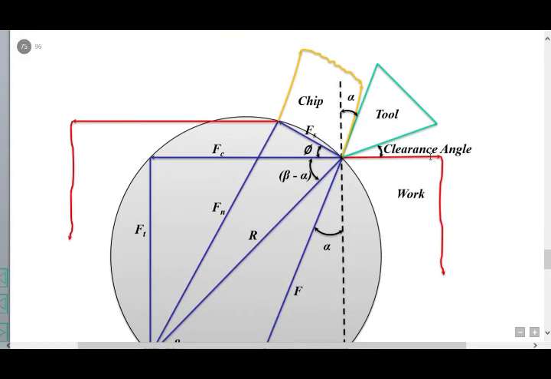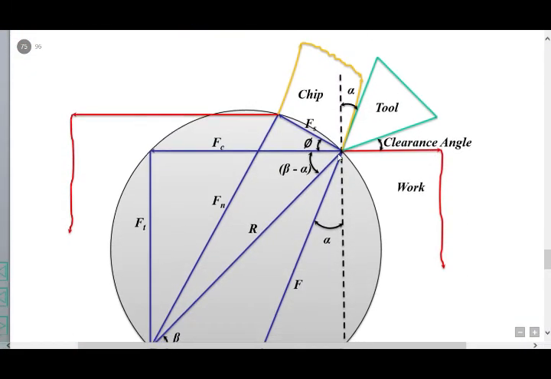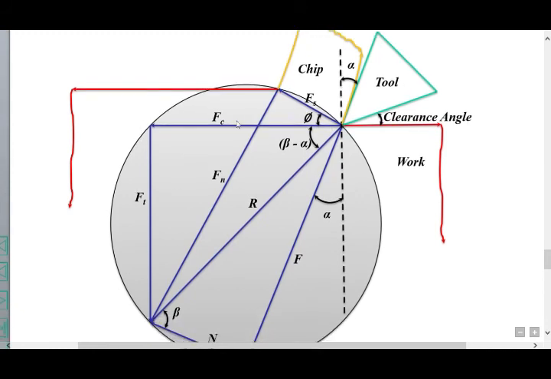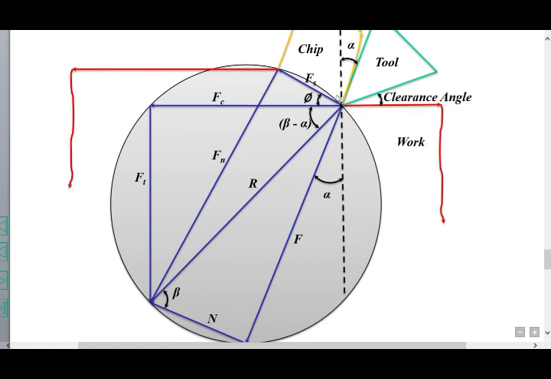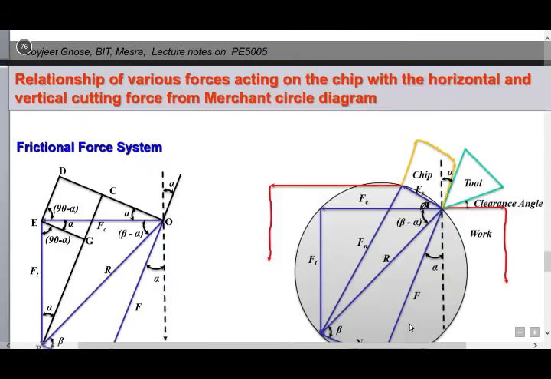First you draw one horizontal line, and that is Fc. Fc is also called the cutting force, and Ft is the tangential force or vertical force. In this way, this line horizontal and vertical, and this also from here to here, and then you join this line. The circle, also, you increase the line some distance slantingly. Fs is the shear force, and then you join this corner to the circle diagram.